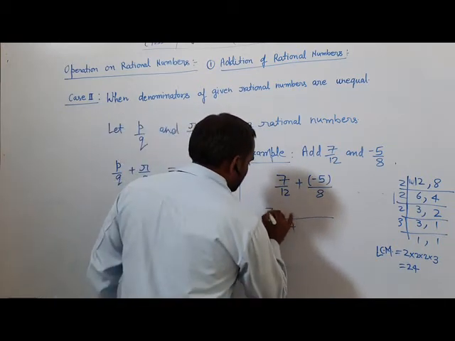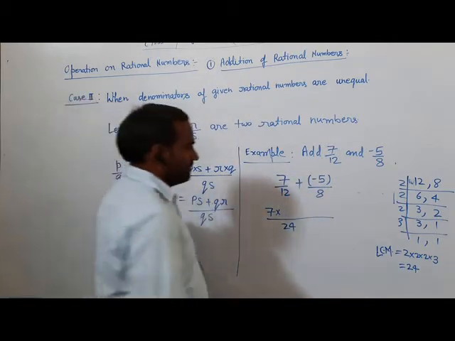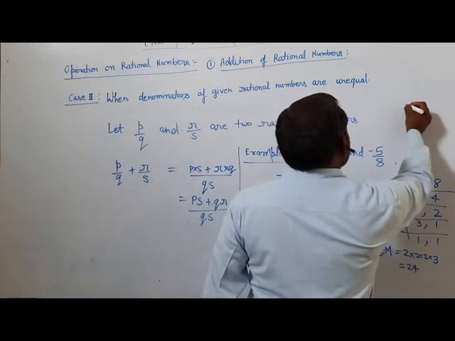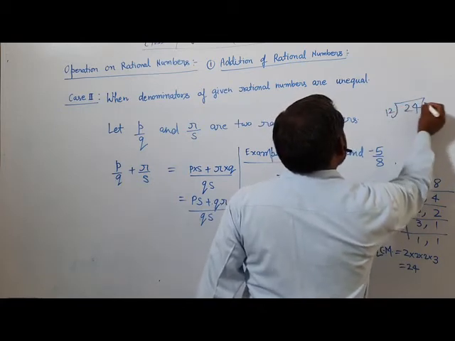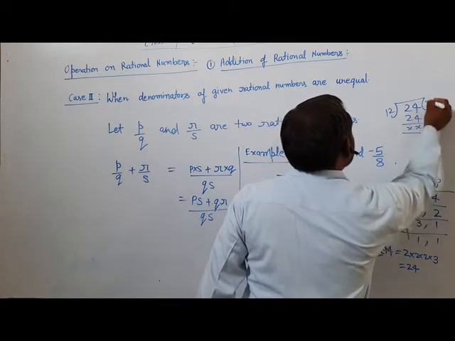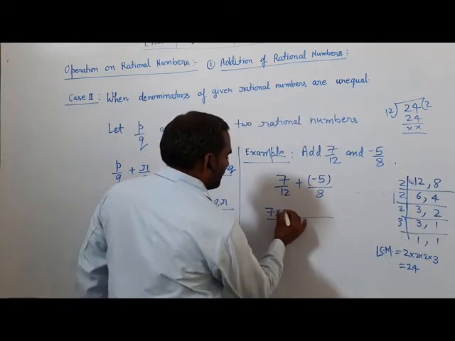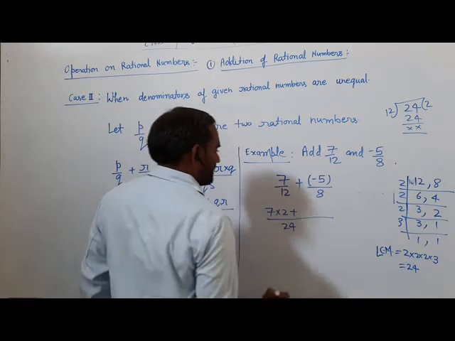Now we write 7 into 2. Divide 24 by 12. 12 2 are 24, 2 times. So we multiply 7 by 2, plus